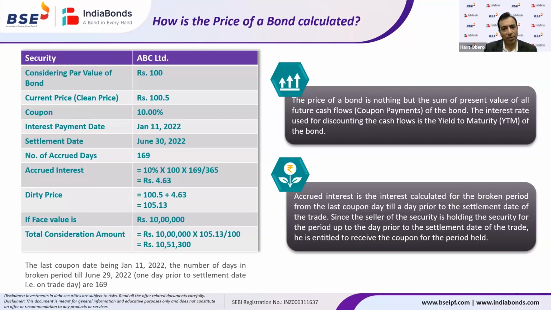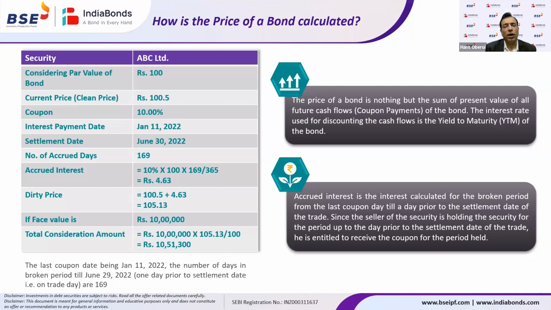If the coupon rate is 10% and I am an investor who invested in the primary issuance and holds this instrument till maturity, for me the yield, price and coupon all remain static. 100 rupees is the price of the bond. At maturity, I get 100 rupees, the face value of the bond, times the number of units I have applied for. 100 rupees is the face value, par value, and the coupon is 10%. And I have not done any trading, or I have not sold the bond. I have not purchased in the market during this life cycle of the bond. So my coupon and yield will also remain constant. So I have no effect in the price or in yield.